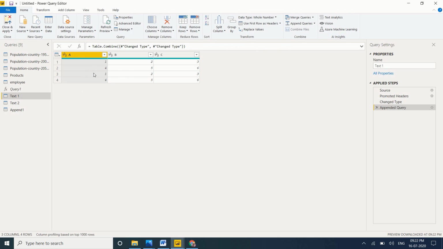Once again it repeated the rows 1, 2, 3, 4, 5, 6. So the same table can be appended, and a different table also. If you use append as new query, then the original tables will be like this and an extra append query will come. So let's move to the next topic.